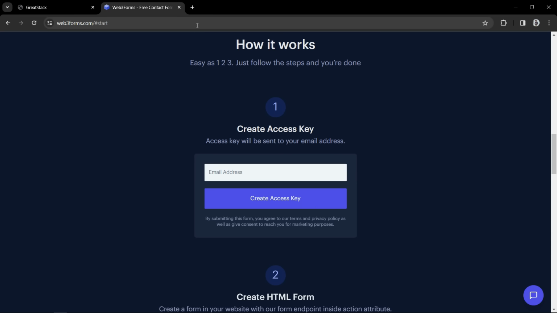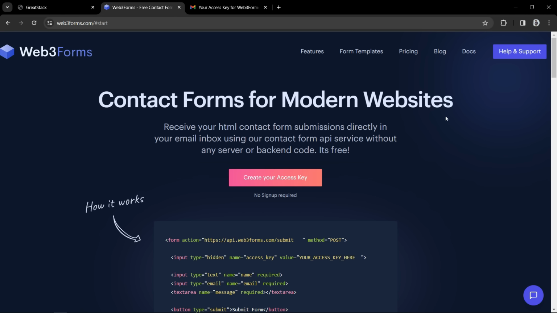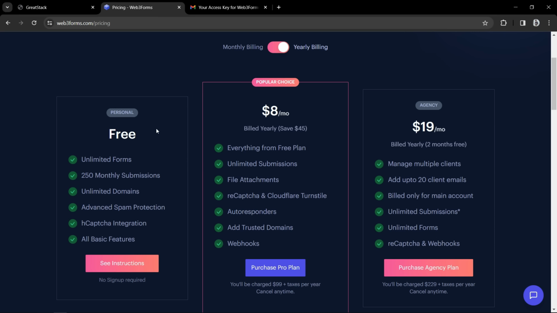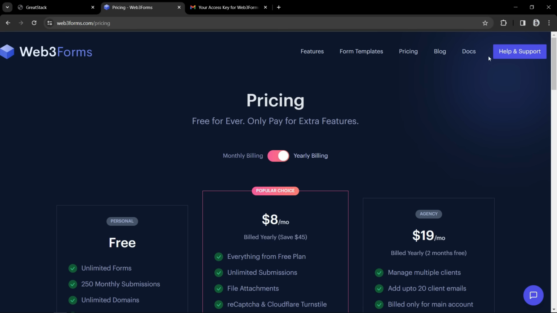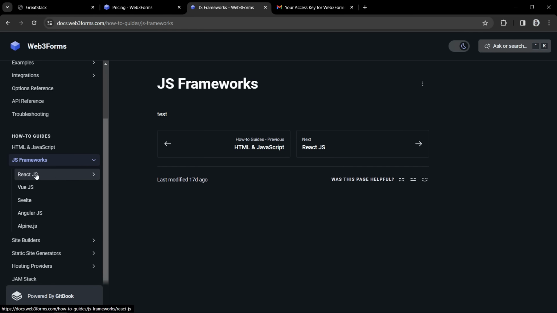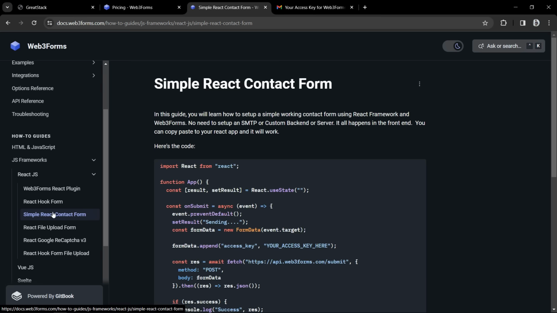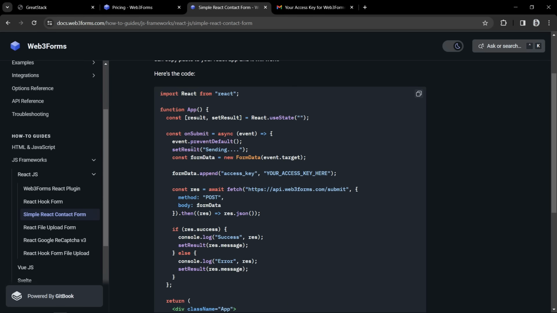So if I open my email ID, you can see I have already received the Web3 Forms API key. So we will use this API key in our project. If I come to this Web3 Forms, go to pricing, you can see you can use this Web3 Forms to receive 250 monthly submissions for free. Now let's click on this docs, then scroll down, and here we have the JS frameworks. Then click on React.js, and here we have the simple React contact form. Click here, and from here you have to copy this script. Let's copy this one